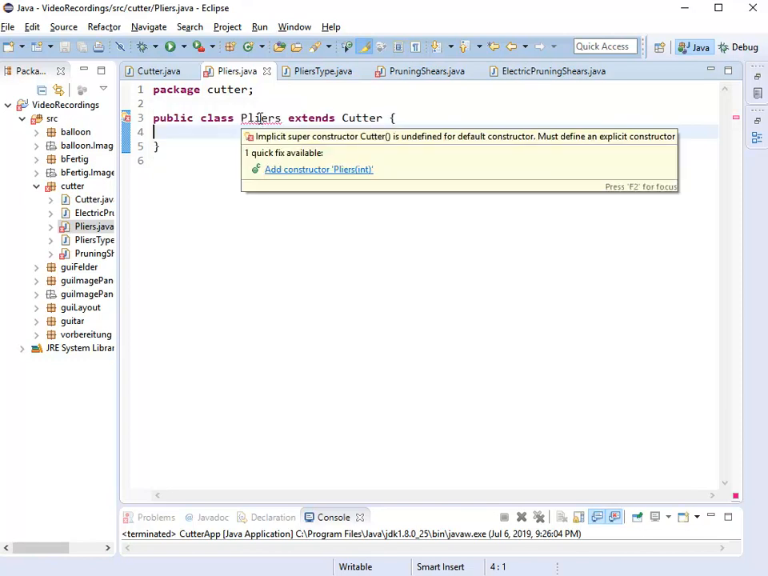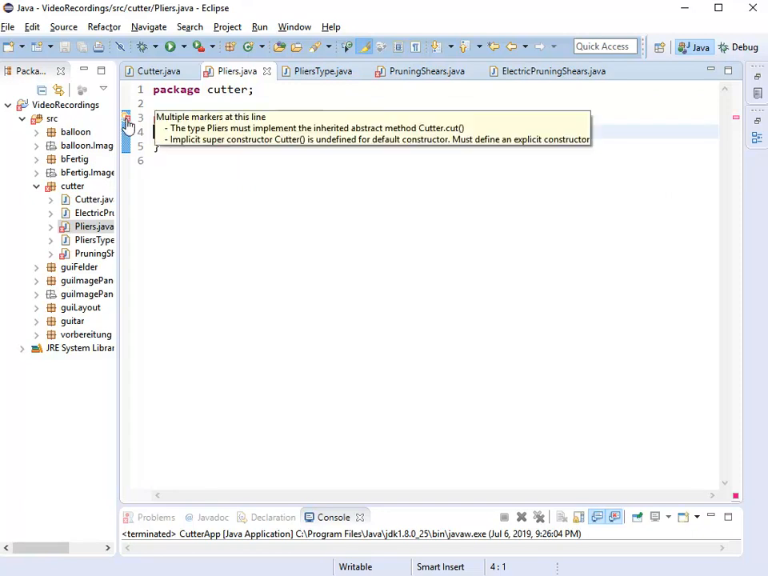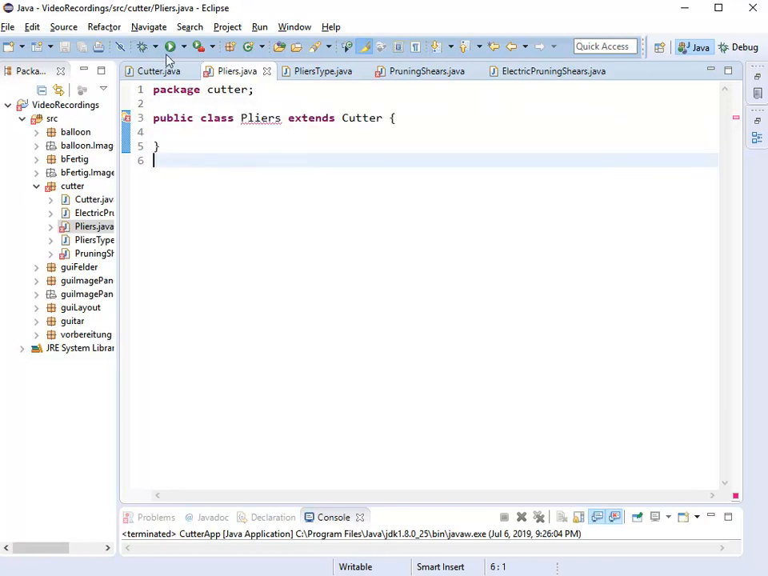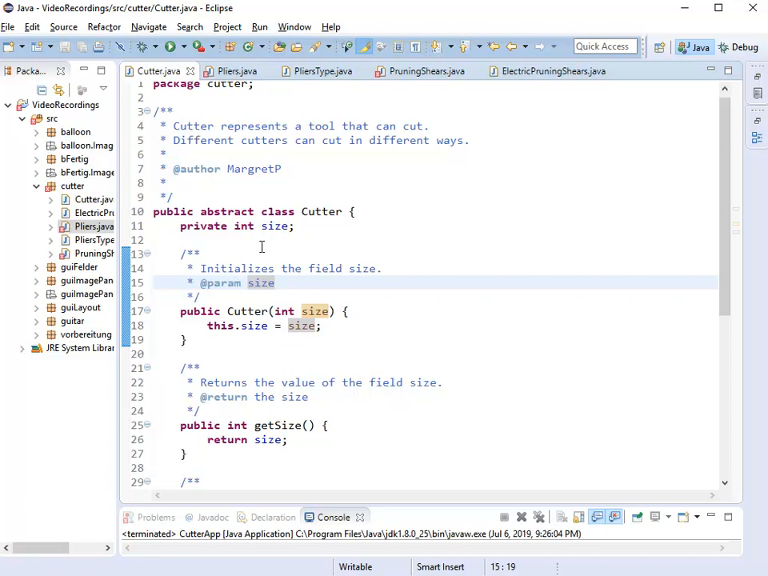So we need to implement the abstract method cut, and below that it says implicit super constructor is undefined for default constructor, must define an explicit constructor. So we need to define a constructor because the superclass Cutter requires a field that needs to be initialized. So let's